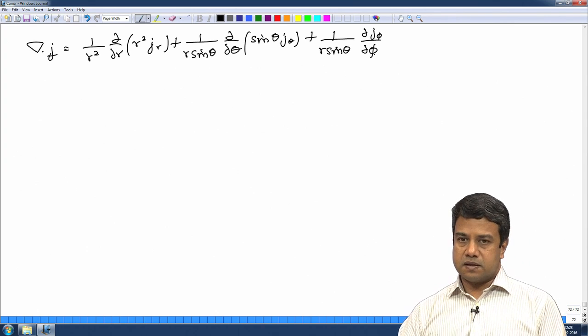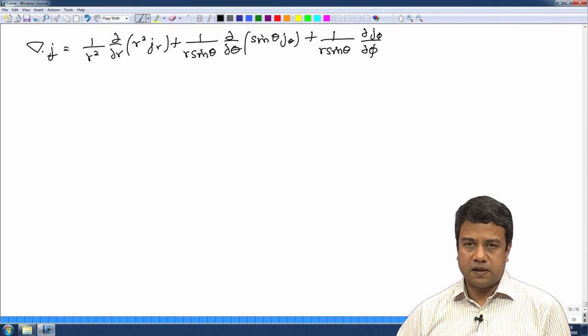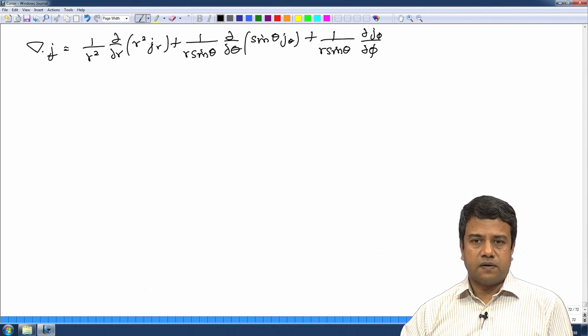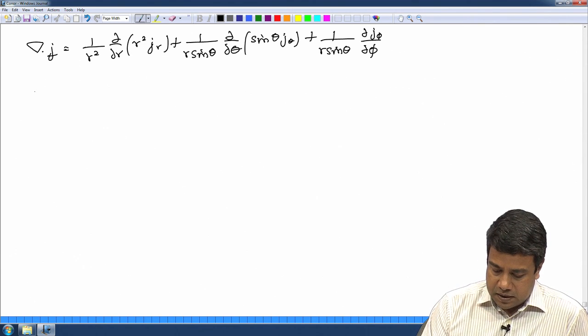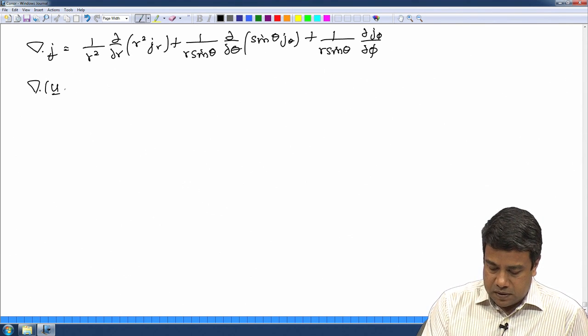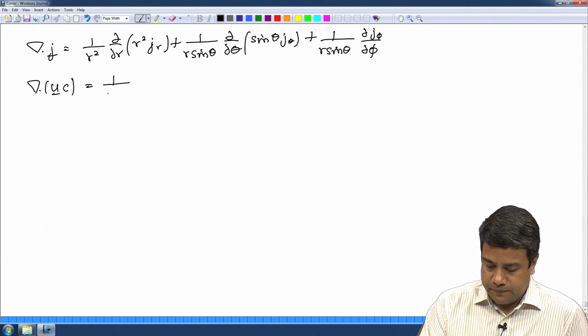This is the divergence of the flux vector if you define it this way, and similarly for the velocity times concentration, for the convective flux, you get the same relation. And this del dot u c is defined as